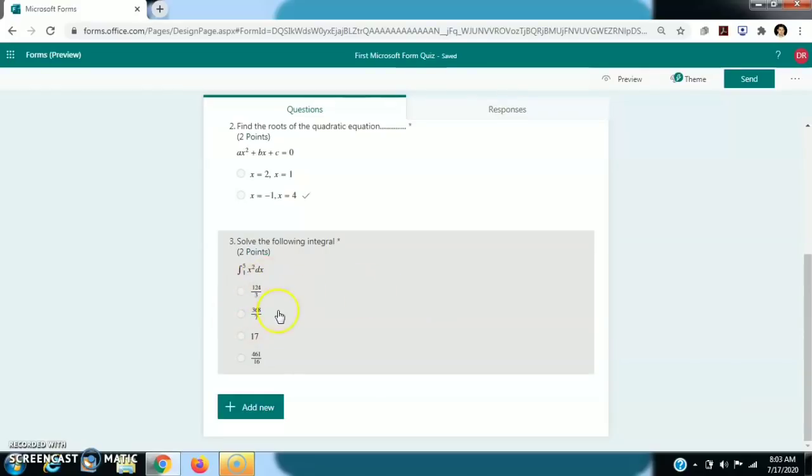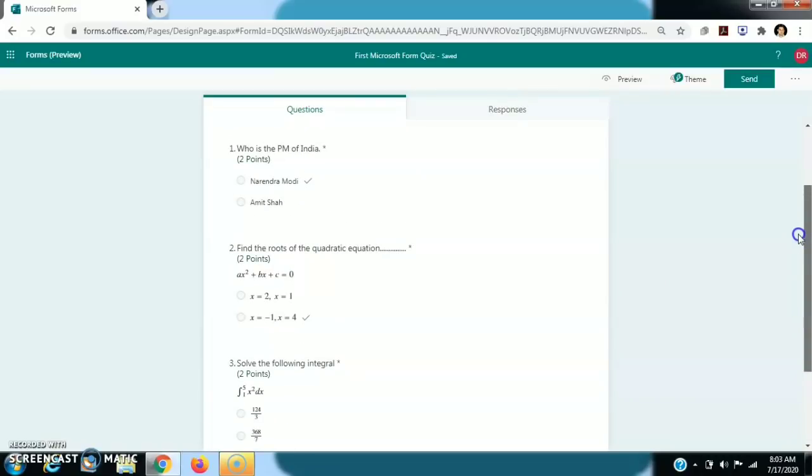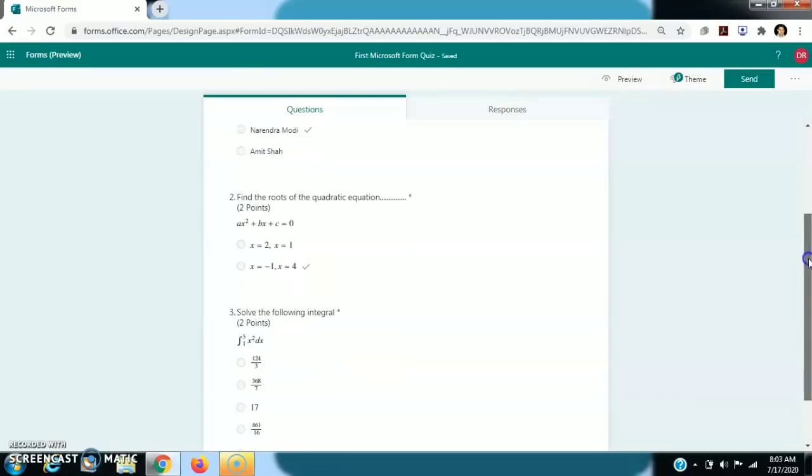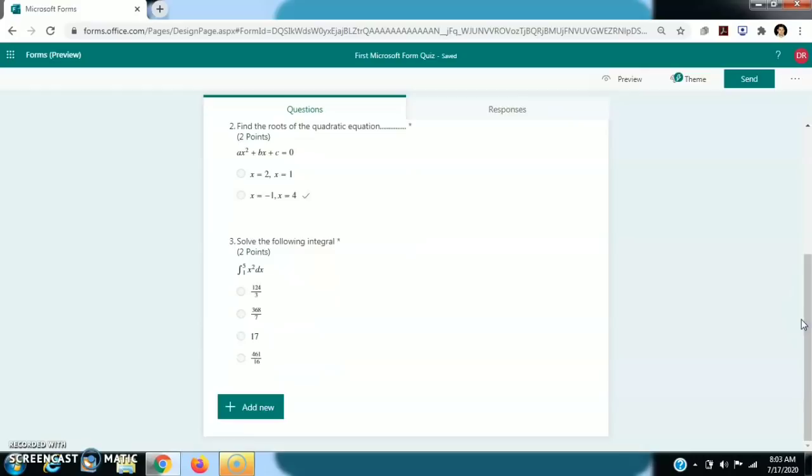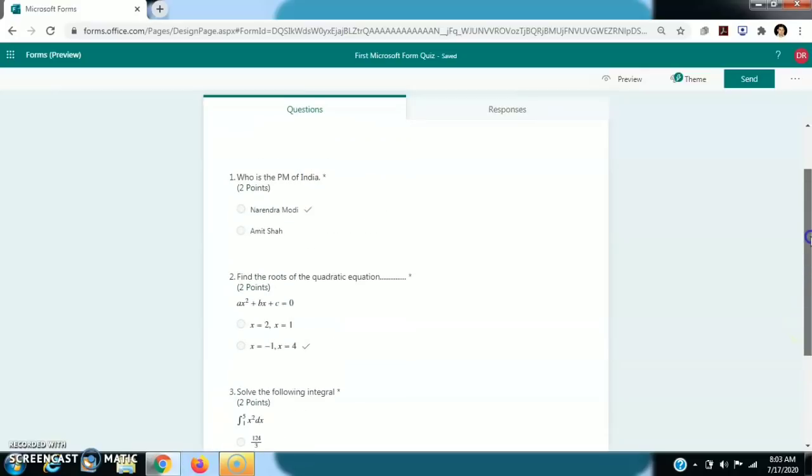We can see this looks very beautiful because it is written in LaTeX code. I don't know how many people will understand this, because I don't know how many are from a mathematics background. So basically we can make a mathematical quiz very interestingly using Microsoft Forms quiz. So we can add as many questions as we want.